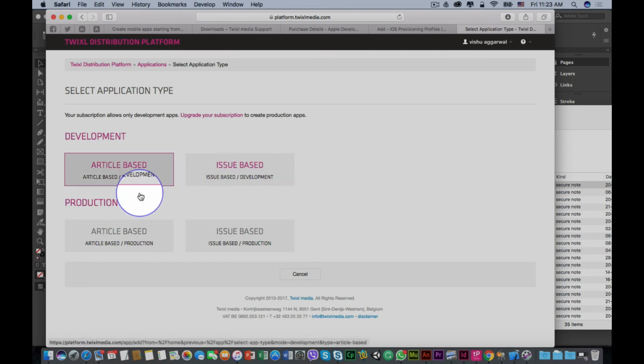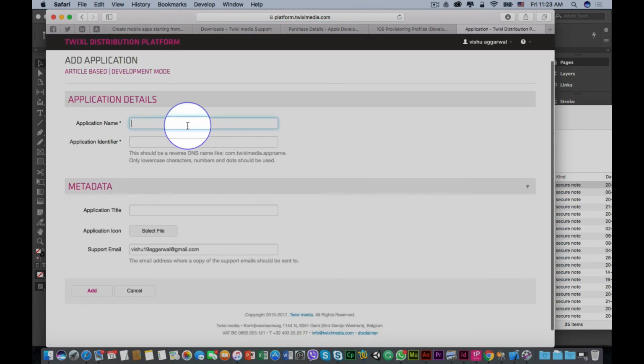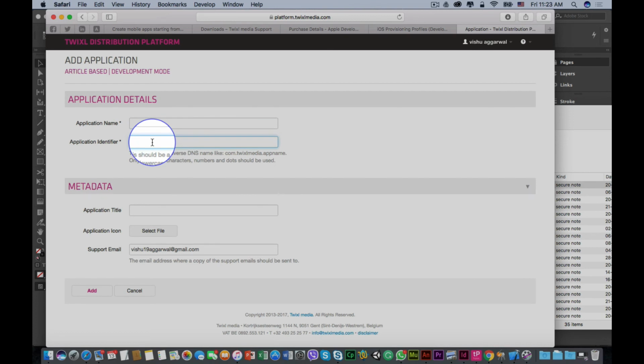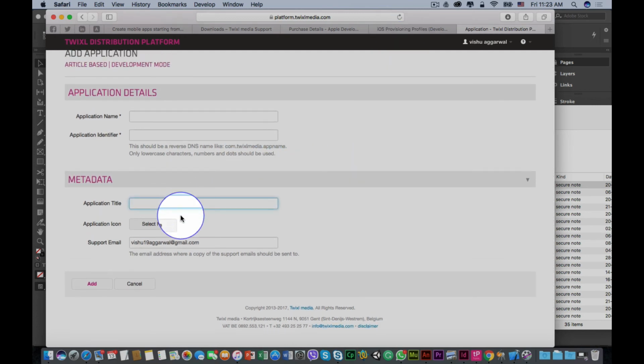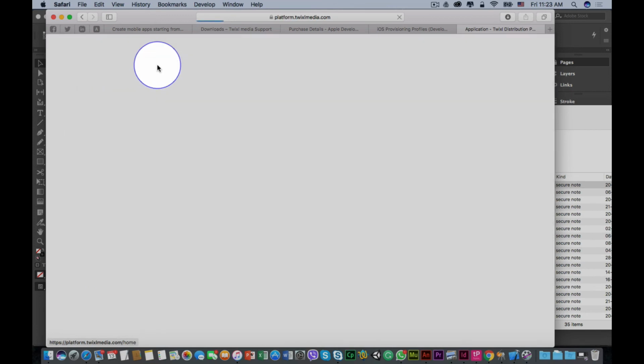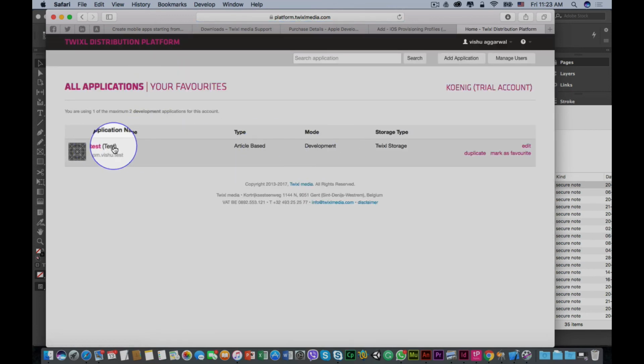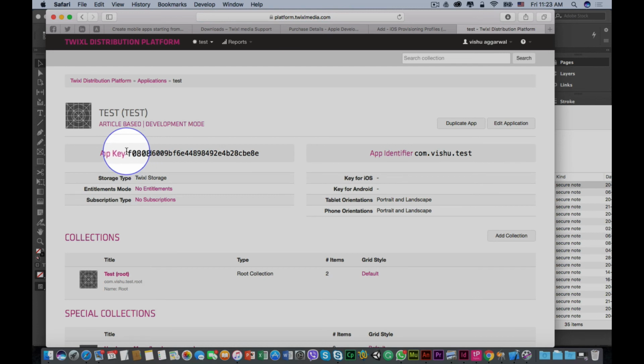What kind of application do you want to create? It should be an article based application which I want to create, and then you need to give your application name, identifier name, like we did in iOS provisioning, right? So give your title, an icon to your application, and supported email ID, and you can add it. Once you click on add, you're going to get something like this, and if you click over here, you're going to get an application key. So this is the app key you have. So I'm going to copy this app key,